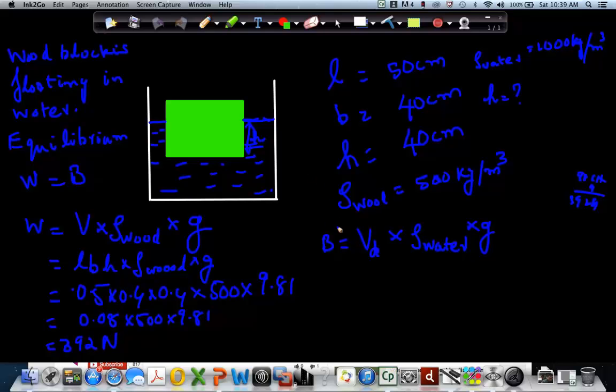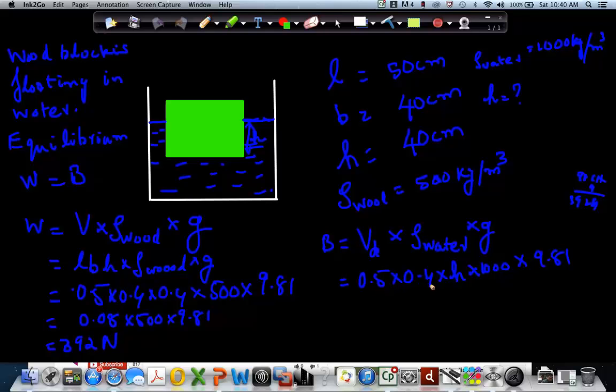Now, what is the volume of the liquid displaced here? It is equal to L B H I, and this is H I here, right? So L is 50, sorry, not 50, 0.5, because I want to do it in meters. 0.5 into 0.4 into H, which is what you have to find, into 1000 into 9.81, right? Since it's equilibrium,